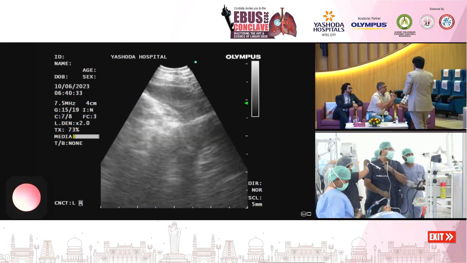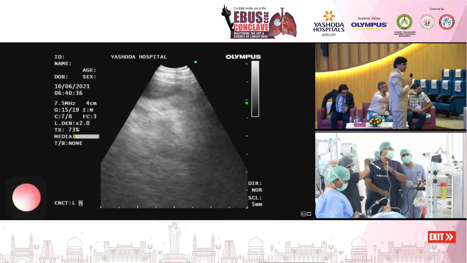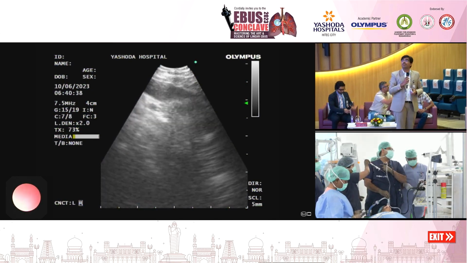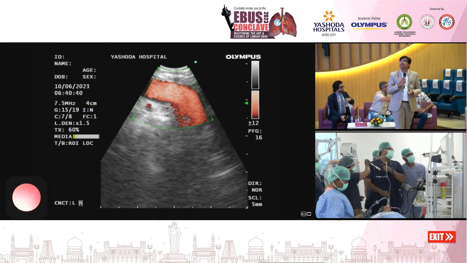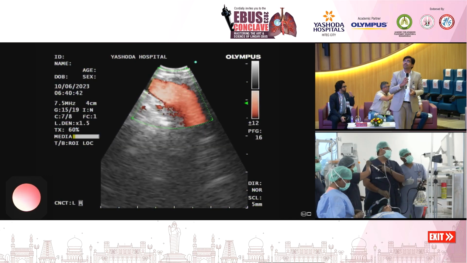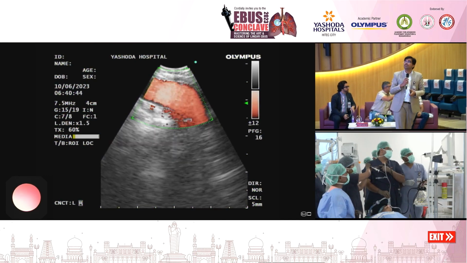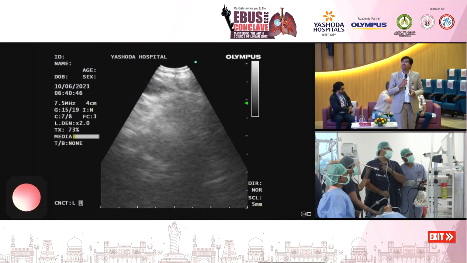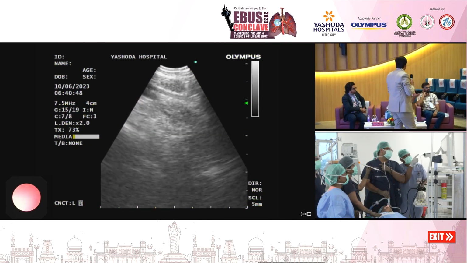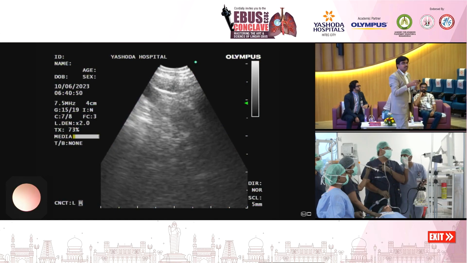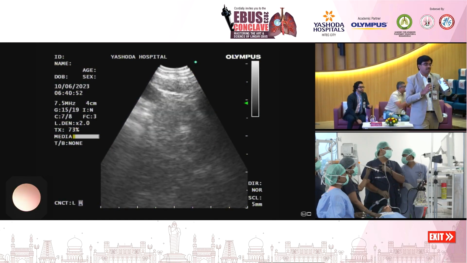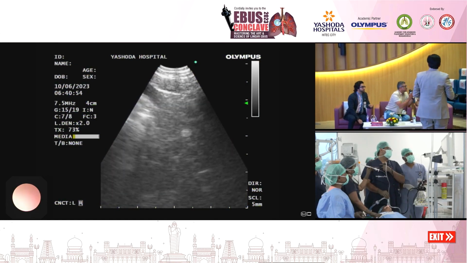If your surgeon is, I mean, you will probably get less than 5% of your entire EBUS on that particular point where you are stuck. But if your surgeon is one of those aggressive types who will go ahead and make that big difference in the patient's life, then I think it's a good idea to do it. But as a protocol, I think we should all go ahead and start doing single versus multi-station N2